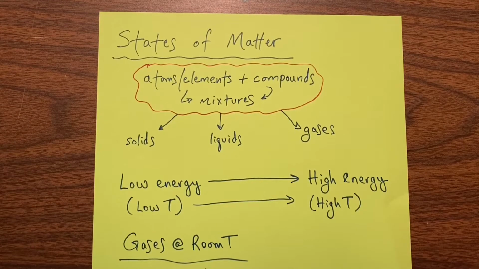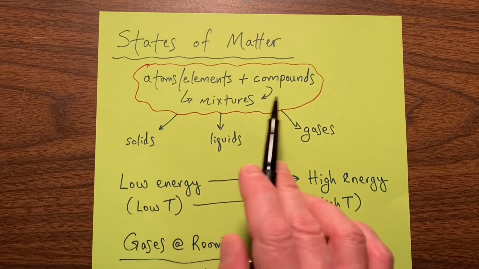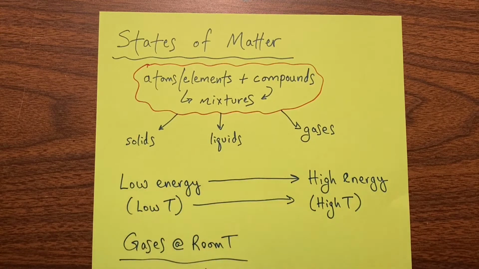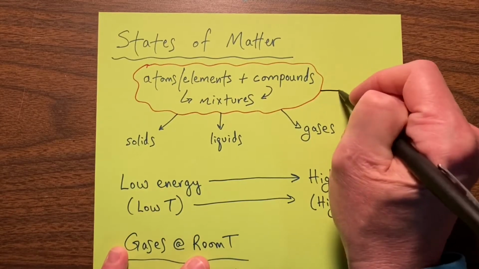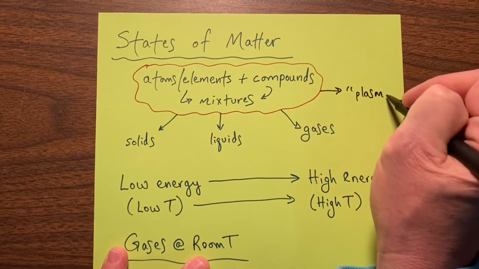Let's continue with our classifying of matter a little bit more. Now, as you know, there are three states of matter that we encounter on Earth. We have solids, liquids, and gases. So anything that's an atom or an element or a compound that combine into mixtures will exist in one of these three phases. There actually is a fourth phase of matter called a plasma that is common as well, but